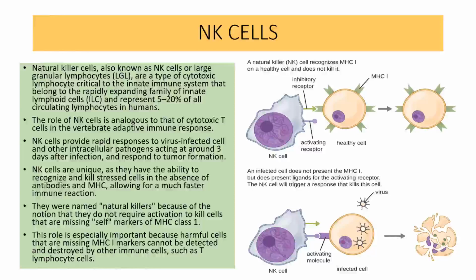So in this diagram you can see this is the NK cell and this is the cell with MHC class 1. If MHC class 1 receptor is present, it will not lead to the death of the cell. It becomes normal. But if the NK cell binds with the infected cell and it does not have the MHC class 1 molecule, then too it leads to the lysis of the cell. So any stressed cell without the MHC class 1 can also be triggered to lysis because of the NK cell.